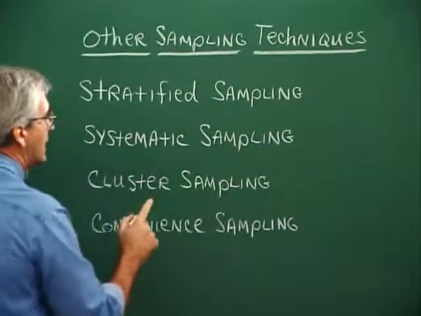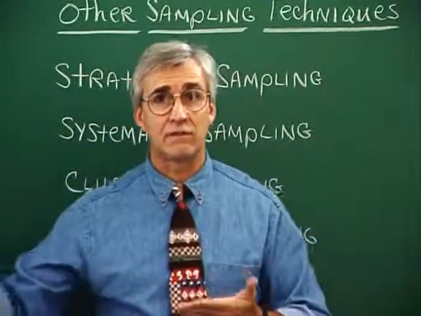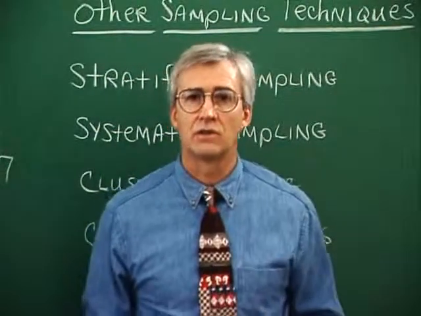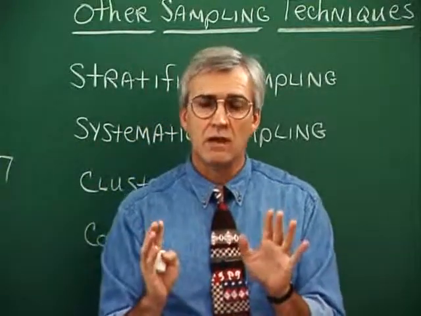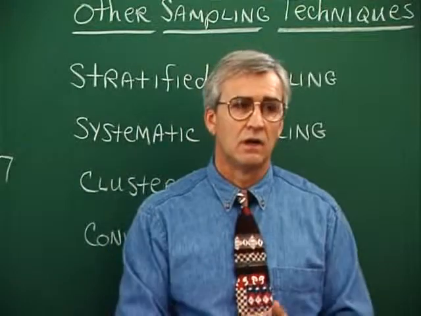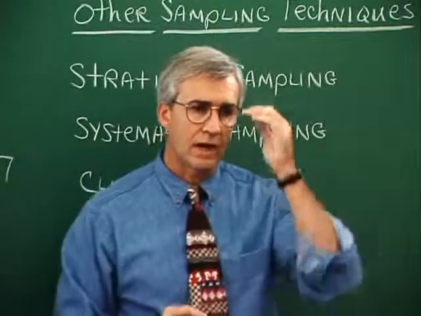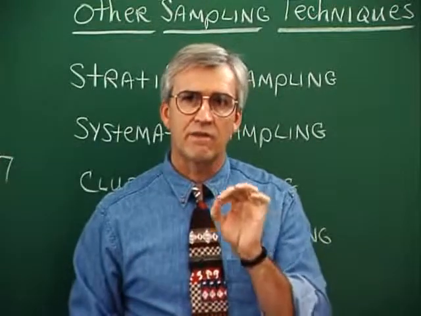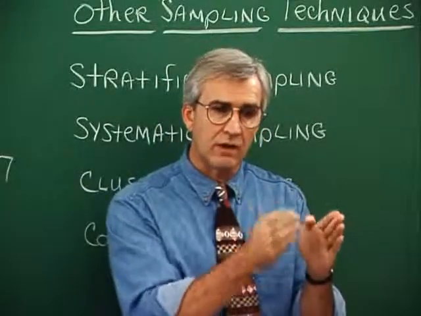Systematic sampling occurs and works rather nicely if you have an order relationship in the population being sampled. For example, if people are in line for some event, you see they're outside of a ticket window, for example, or waiting to get into a concert, something like that. So everybody is kind of in order to begin with, and we want a sample of, I don't know, 50 folks or something like that. Then what we might do is we'll say, okay, let's start at the beginning of the line and take every fifth person. So we could start with the first person or second, third, or fourth.